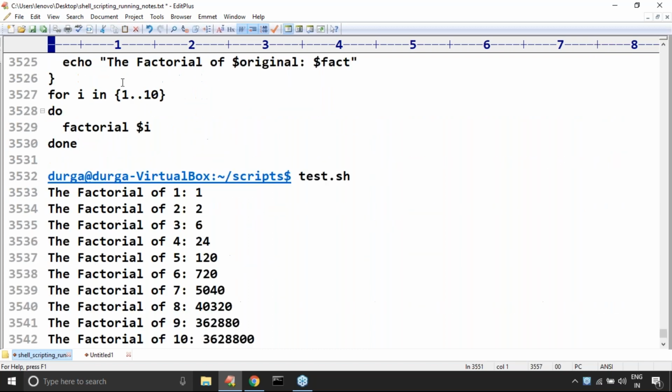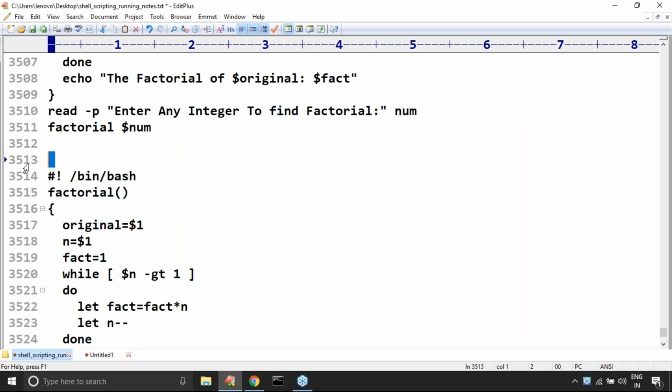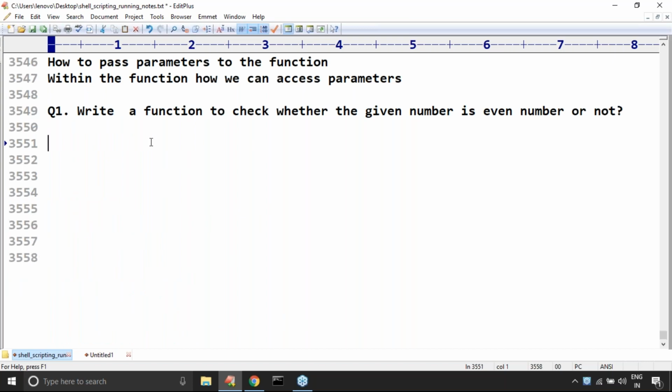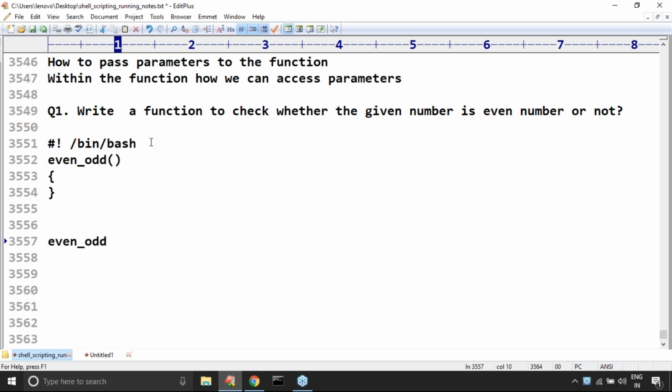How can you do that? It is very easy for you. I don't think you will have difficulty understanding this one. Let me take a function, even_odd. You have to call this function. Assume you are calling it by passing some number, 12, and whatever number you pass, let me assign it to a variable n equal to